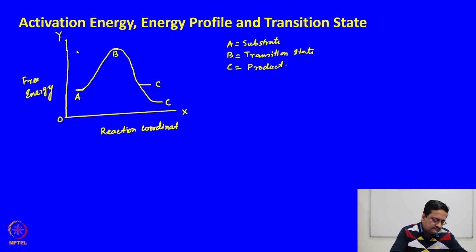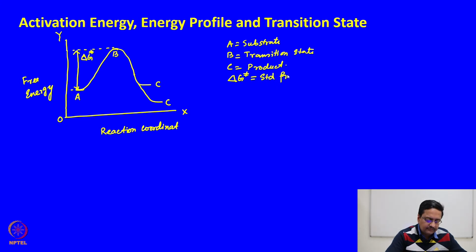The difference in free energy between A and B is written as delta G hash, and this is called the standard free energy of activation,